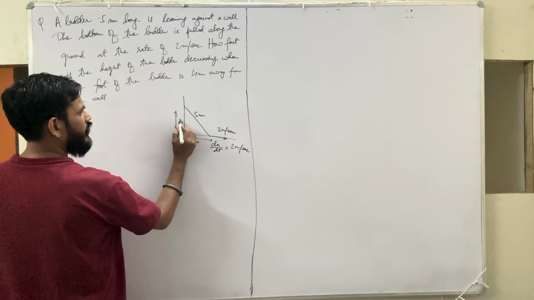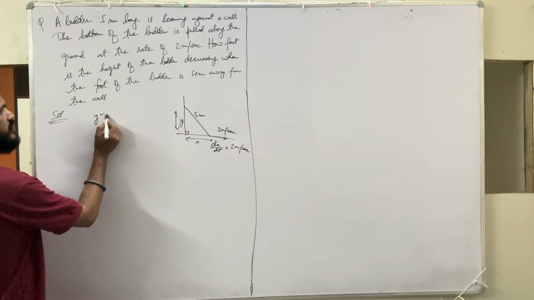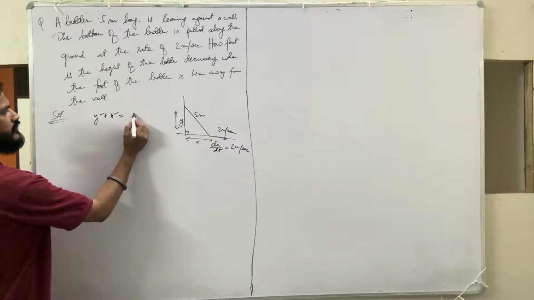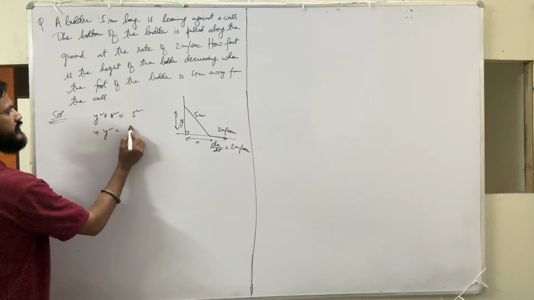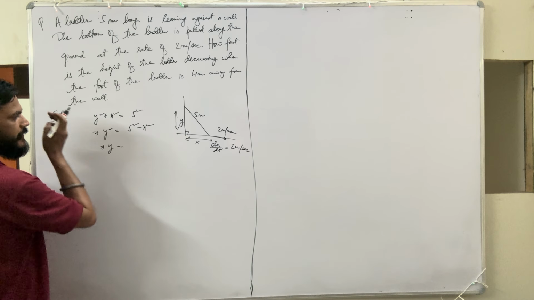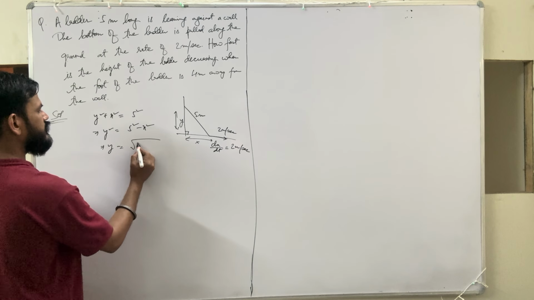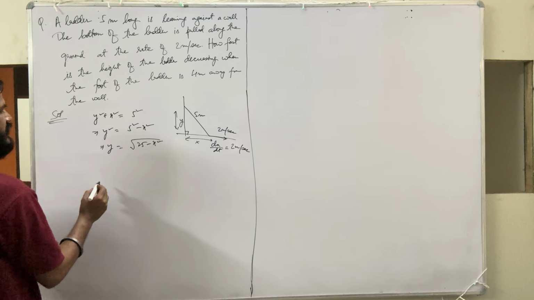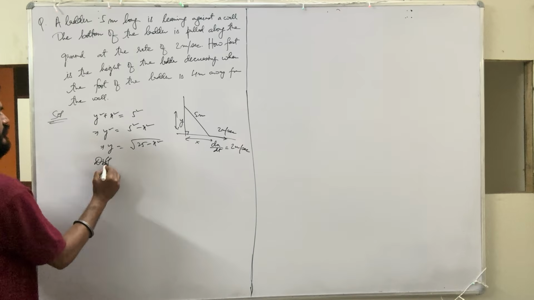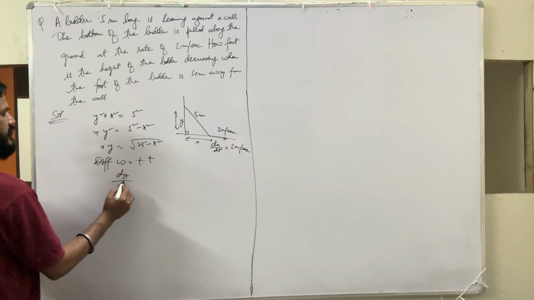So let this be y, and using Pythagoras theorem, y square plus x square equal to 5 square. So y square becomes 5 square minus x square. So y will be square root of 25 minus x square. We need to find out dy by dt. So differentiating with respect to t, dy by dt